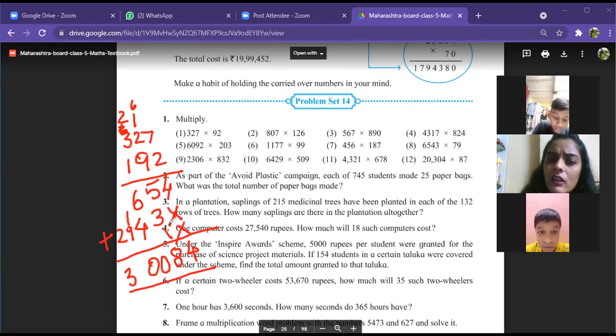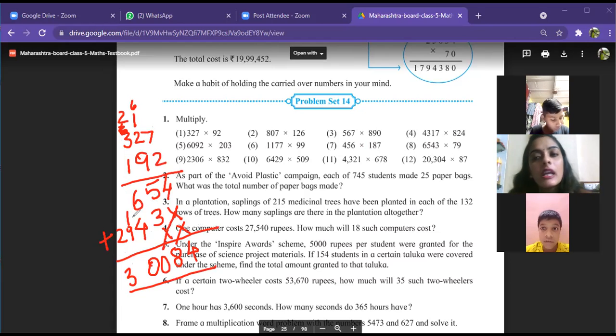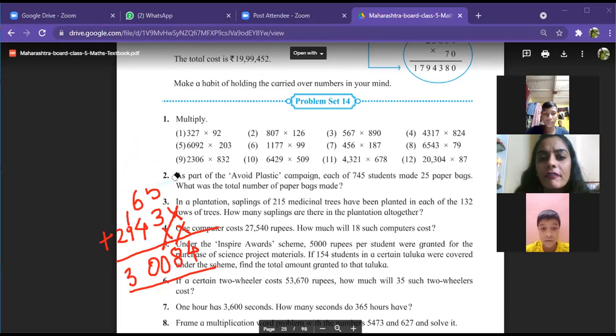So now if there is another number here, what will we do? We will put 2 crosses here and then multiply with the 1 and add all together. Clear how to multiply? Yes, teacher. Come on, let's solve one sum and let me know. Come on, fast.